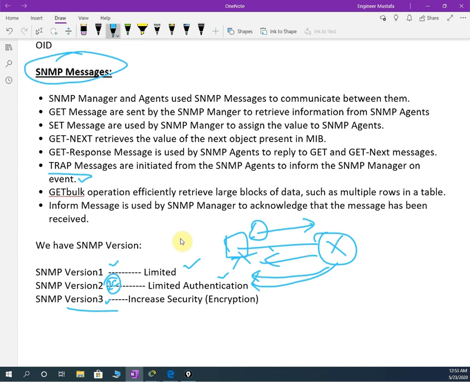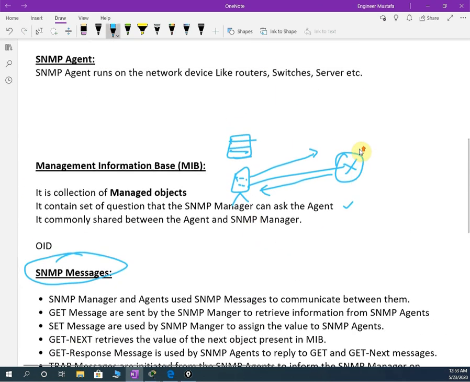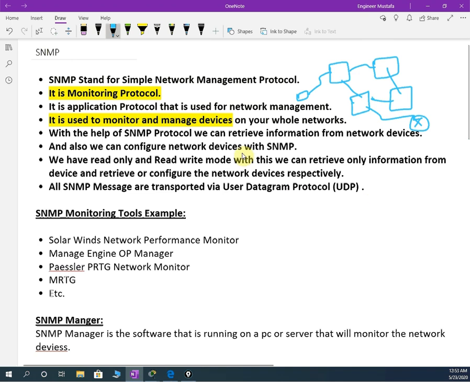SNMP is an open standard for network monitoring, and it has a server as well as a client. The server is used to collect data from the client. What does client mean? It is the agent which is going to reply. Okay, and the server is going to collect all the data and store it in its memory, and it will give the graphs and the dashboard.